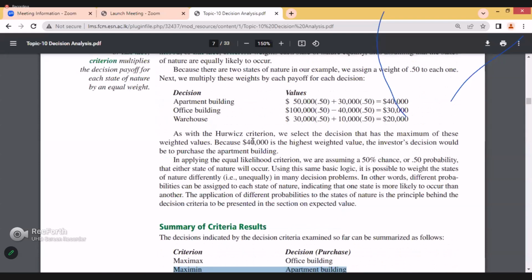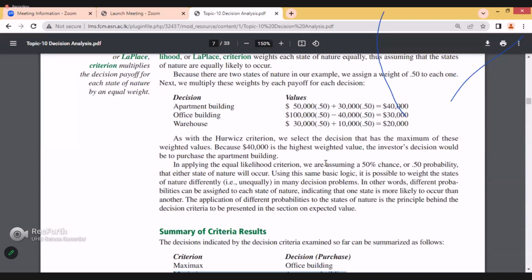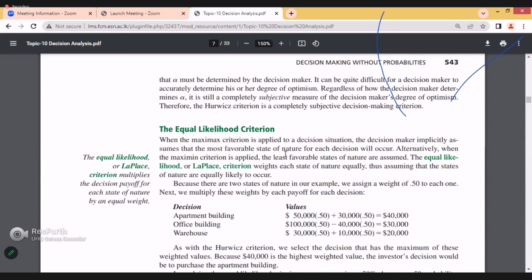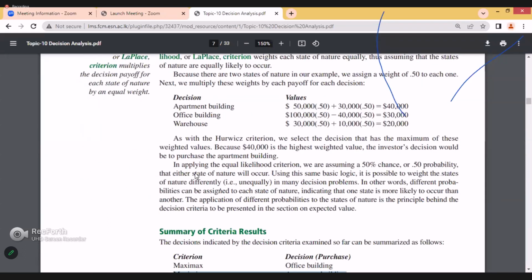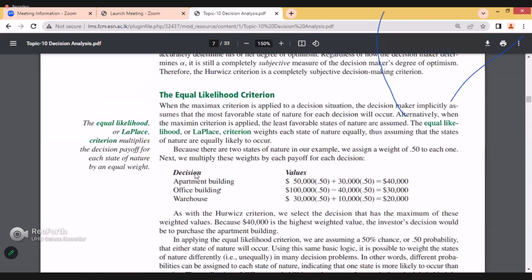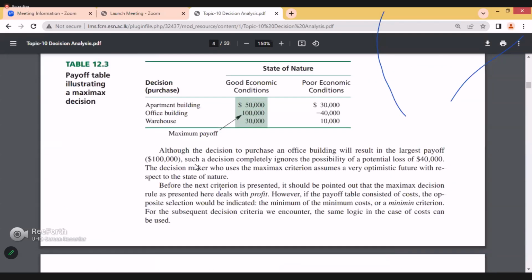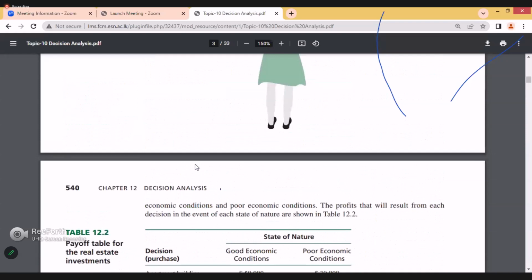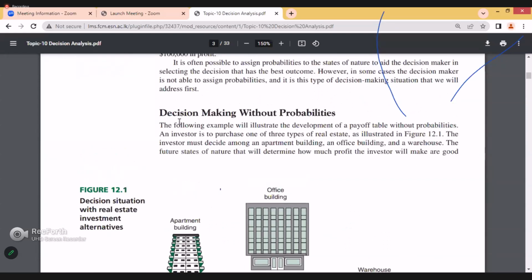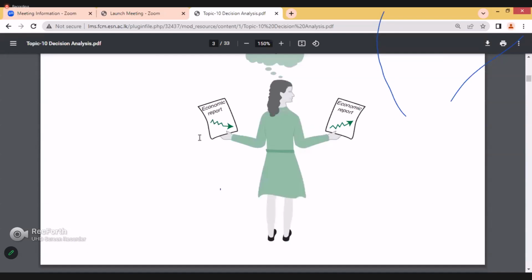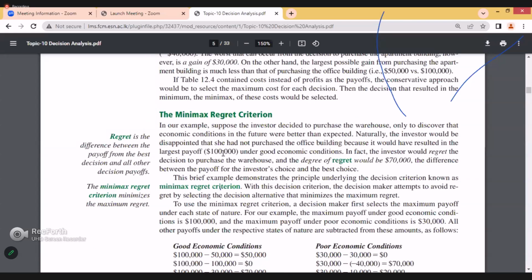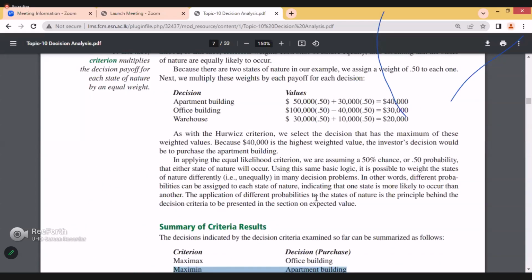All these things have happened on a non-probability basis, right? Non-probability basis. Because initially, like I said, there are two ways we can get into this: two types of decision situation, where probability can be assigned or not. So far we have learned these techniques, about 10 techniques, and 4 or 5 of them are in the non-probability category.